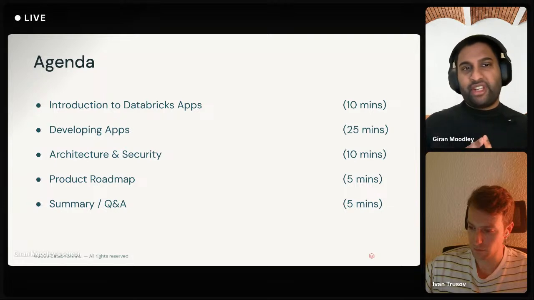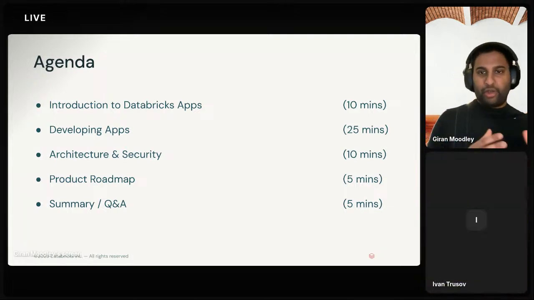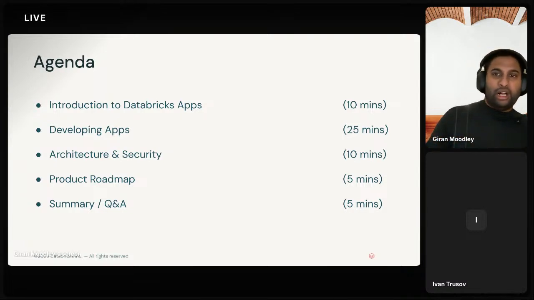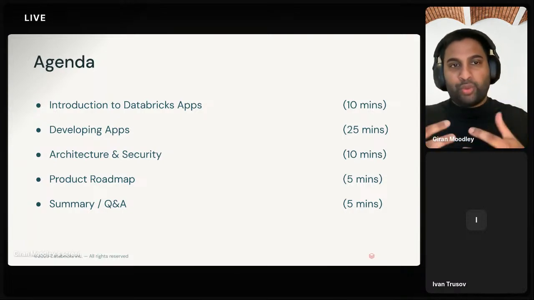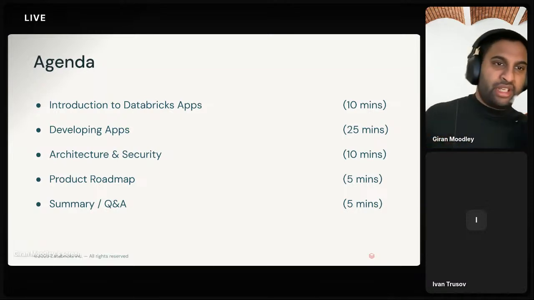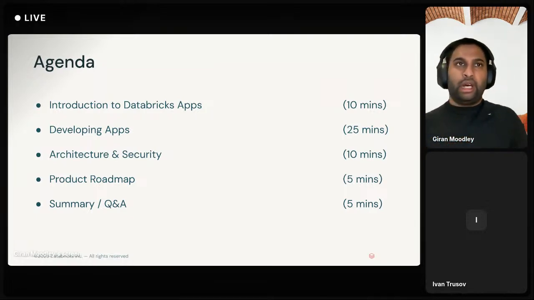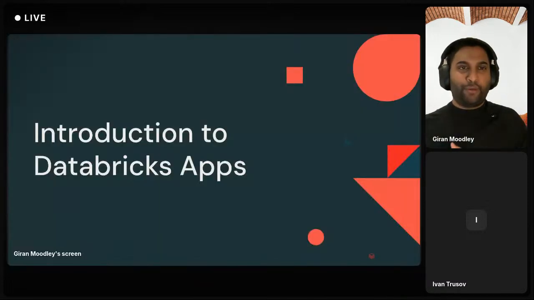In terms of the agenda today, what I will be doing is providing an introduction to Databricks and the initial development lifecycle. I'll then hand it over to Ivan, who will kick it up a notch with a live demonstration and get into the details of the architecture. And then we'll round it up by showing some of the product updates, along with the roadmaps, and summarize with some key takeaways. And depending on the stream as well, we'll open up the Q&A towards the end. So let's proceed with the show.